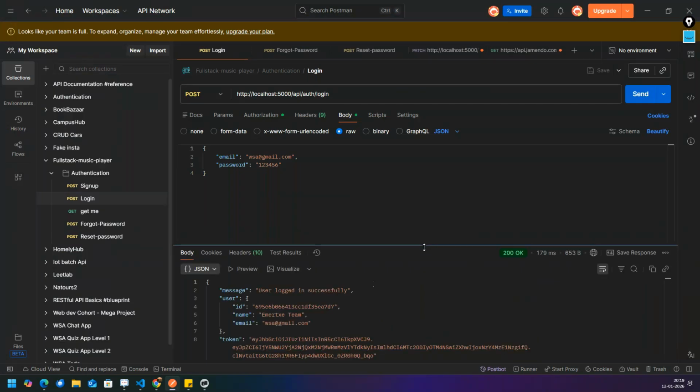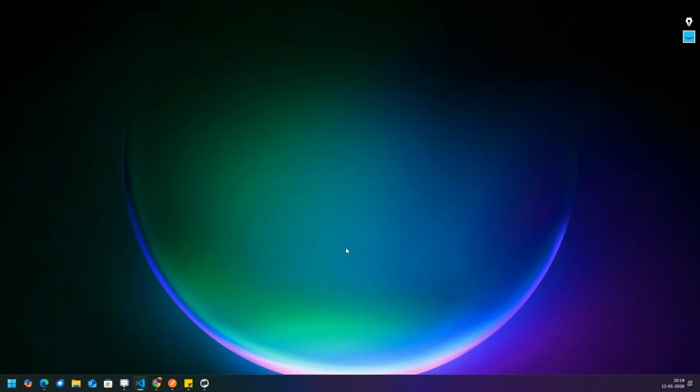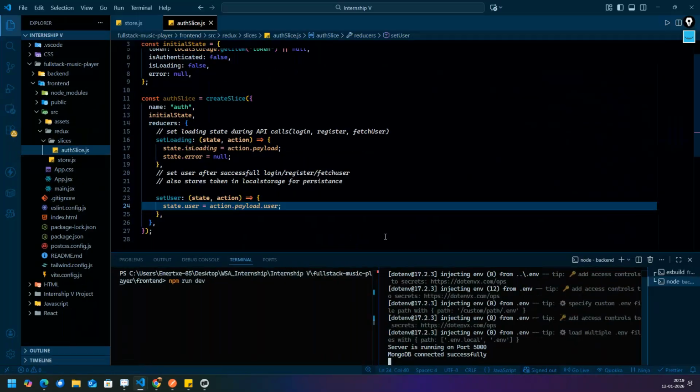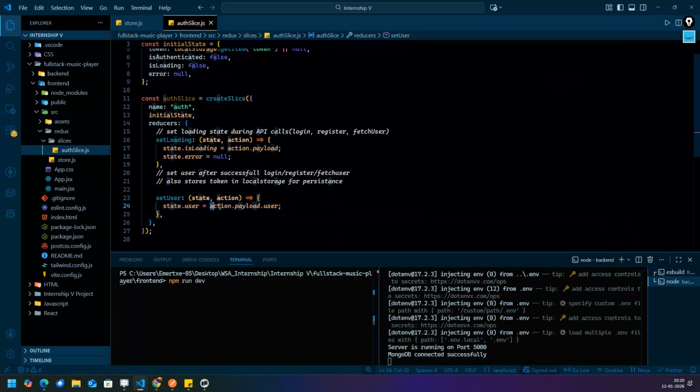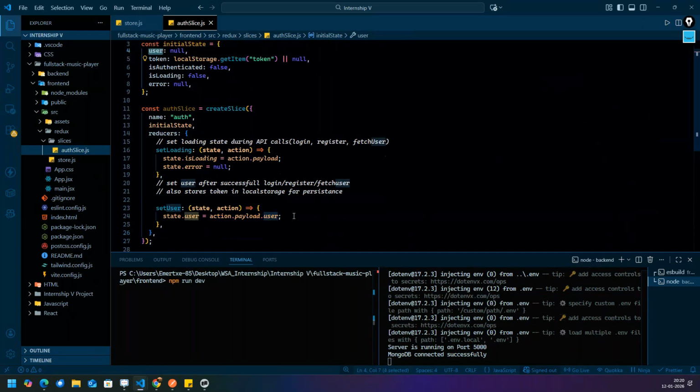Now guys, tell me what you are getting. Message, user, token. That's what I have written now. Action.payload, payload is giving you the response. In the payload, we have what? User. That's what I have written. So this one, you keep inside this user.